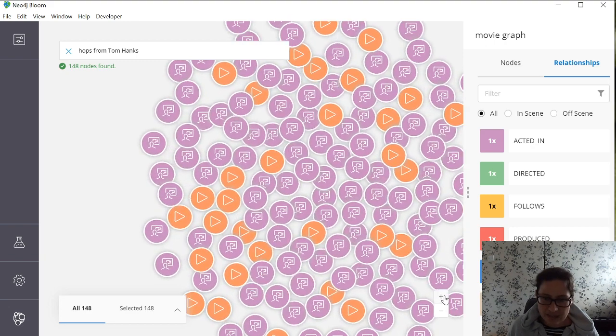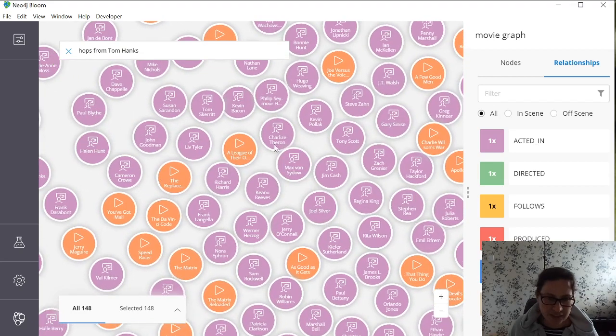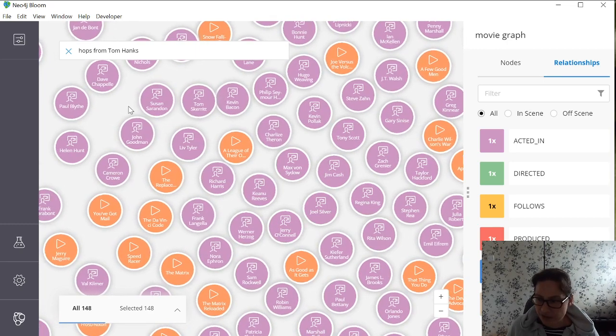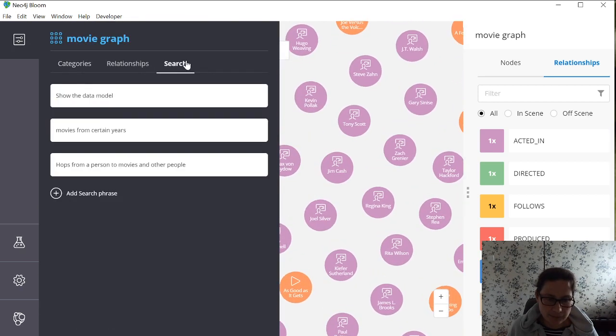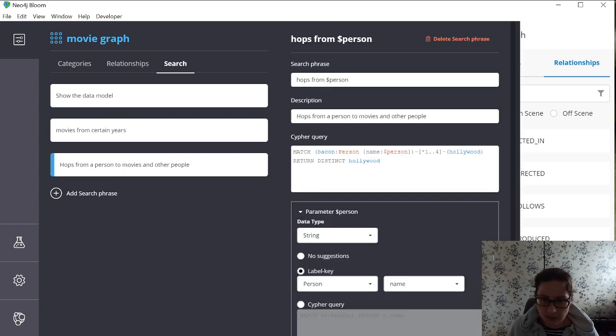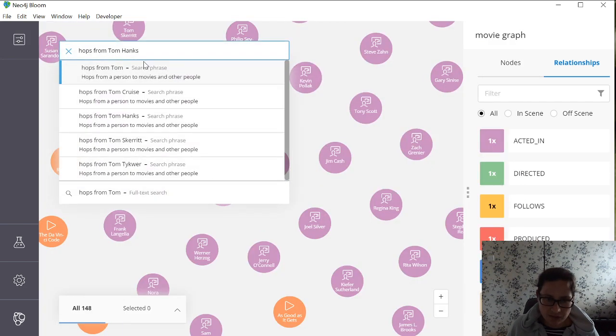So we've now expanded our bacon number functionality. So we don't have any relationships here. So you do need to specifically state that you want to return the relationship. So I'm just going to quickly update that search phrase. And I'm going to just give a variable R. And then what I can do is return distinct Hollywood, R, and bacon. Let's save this. So if I now rerun the same query,